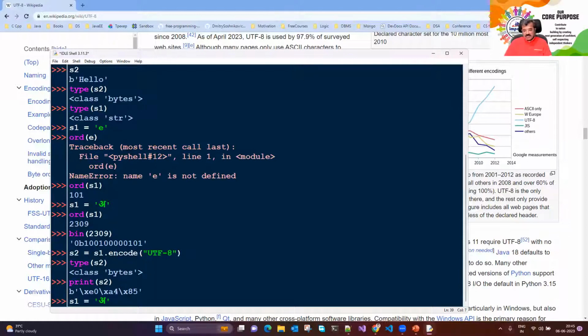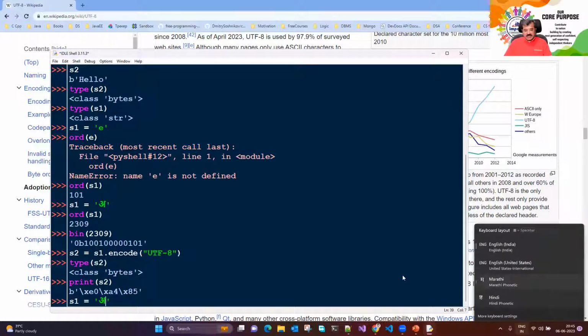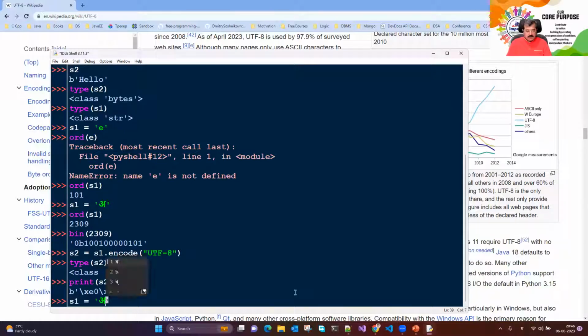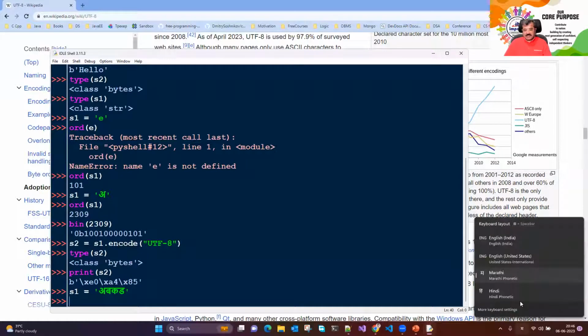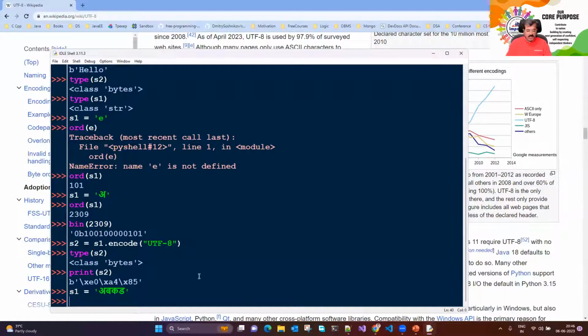If I have a string, not just a single letter but more than one letter, I say A, B, K, and D, like what we have done yesterday. So I have A, B, K, D. I set S1 as A, B, K, D. Understand carefully. Now I say S2 is equal to S1.encode